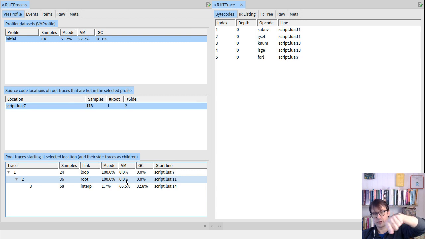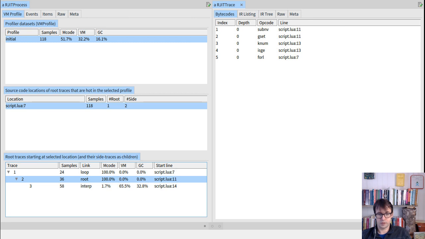What happens with the side trace is we get part way through the loop, and then we hit something that is different compared with the code that we had already compiled. There can either be a difference in a type of something, like something that used to be an integer is now a string, or in this case it can be a difference in branch behavior. It can be a branch that previously took a then and now took an else. That's what we have. So it executes line 11,